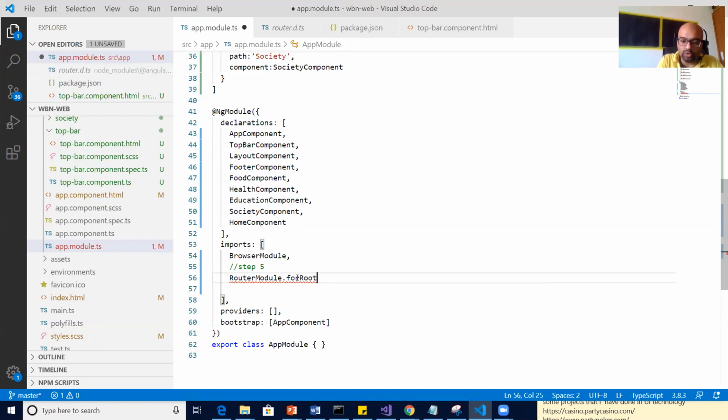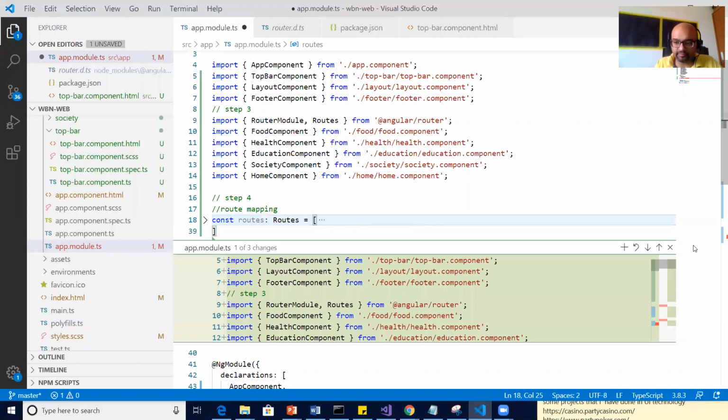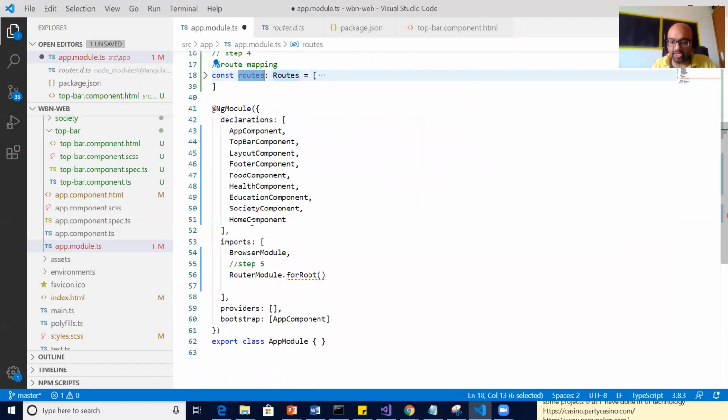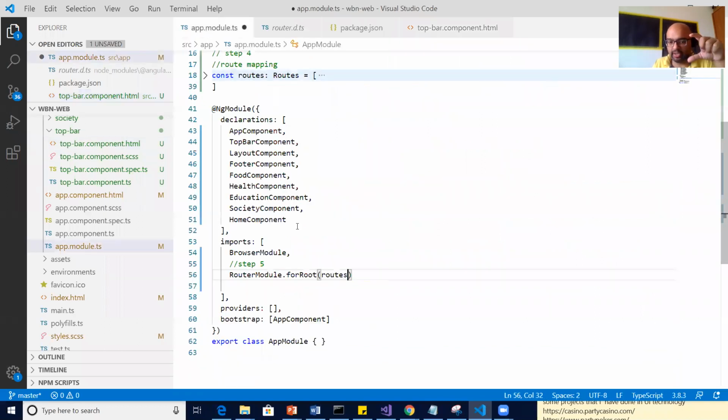So for root, I will put my array, this array named routes. Now I am hooking or injecting my array over here. Now you can see the complete workflow is going to happen. When we click on, let's say, education, router link is going to throw the education route name to the router module.